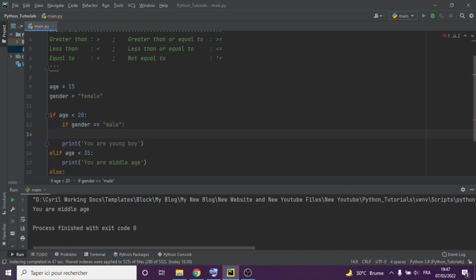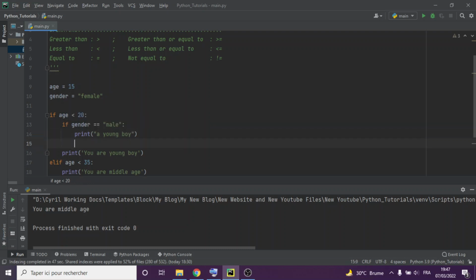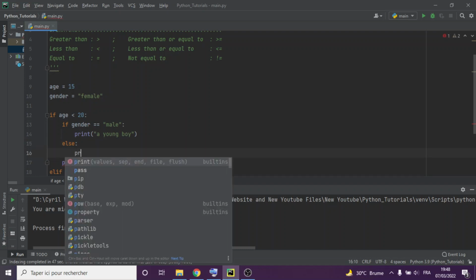You say print a young boy. Now else. Remember, it's the else statement, you don't need gender again. Else, print now